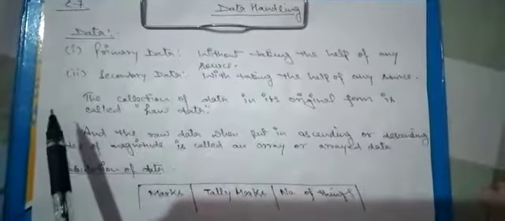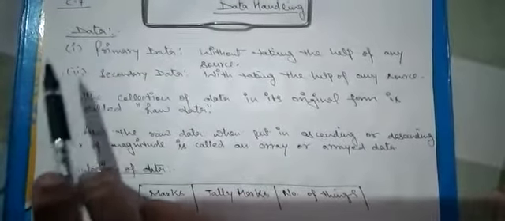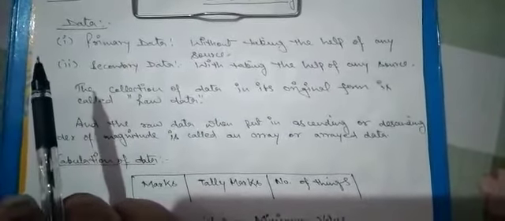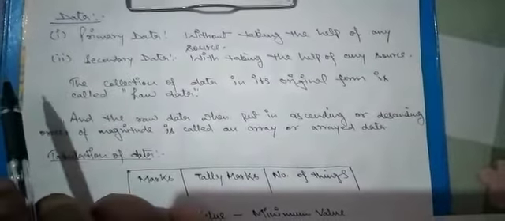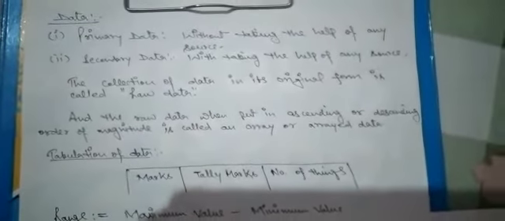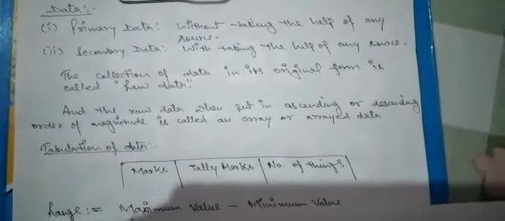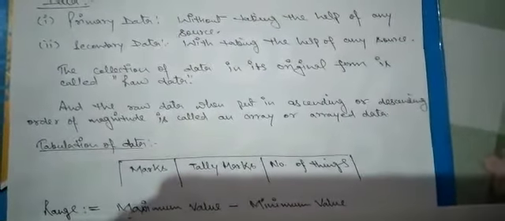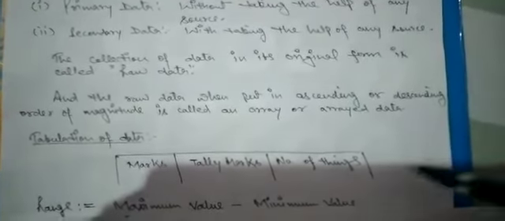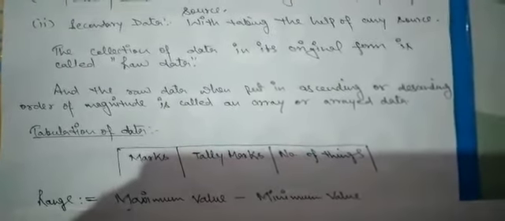In data handling, the first topic is data. What do you mean by data? Data is any statistical information which deals with the collection, presentation, and analysis. When we represent this kind of data in numerical figures, by arranging the given data in ascending and descending order, we'll have to calculate the table, or we'll make the table with the help of the given data.